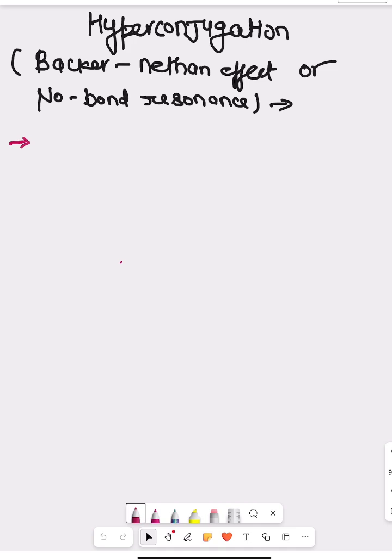Hello everyone. So our today's topic is hyperconjugation, or the Baker-Nathan effect, or it is also called no-bond resonance. Because of hyperconjugation, the compound gains more stability. And to show hyperconjugation, the conditions are: